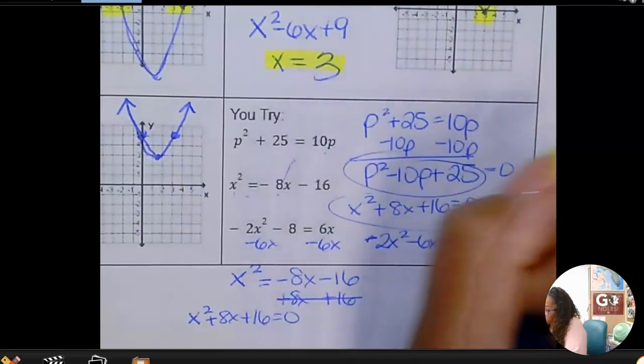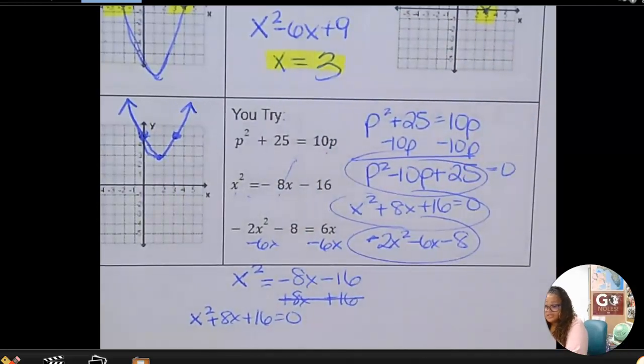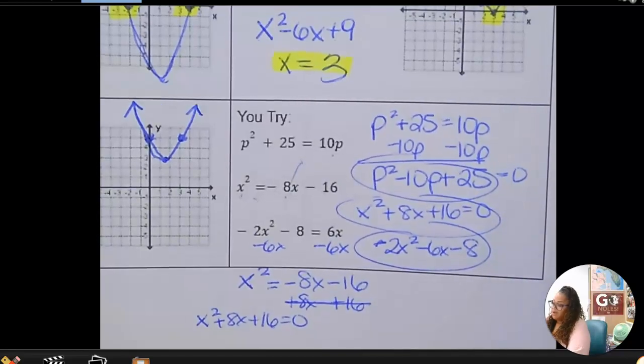So these 1, 2, 3 all need to be graphed. Let's put those on the back. Okay, where is my